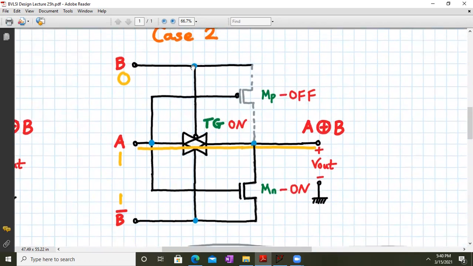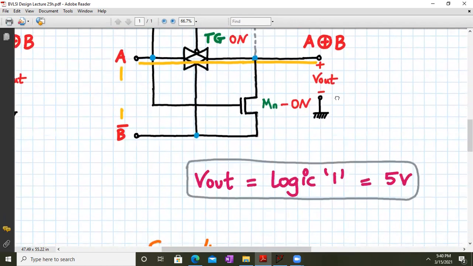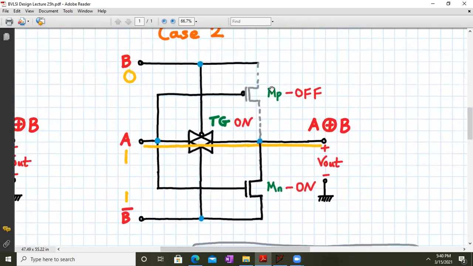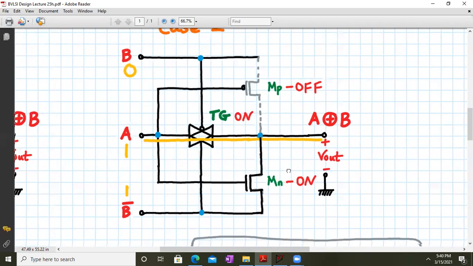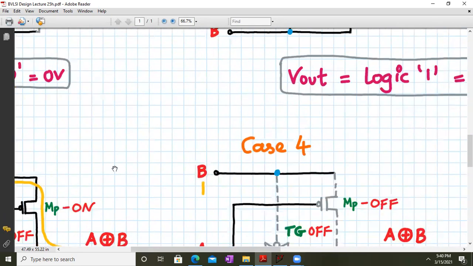So in case number 2, again B is logic 0, and B bar is logic 1 automatically. So again the transmission gate is on and it passes a strong logic 1 at the output. So at the output, we have a strong logic 1 irrespective of the turning on and off of your N pass and P pass transistors over here. So here we have this logic 1 applied to the gate of MP. So your PMOS transistor MP is off and your NMOS transistor MN is on. Now it doesn't matter because the transmission gate has already passed a strong logic at the output. Okay. Now let us consider the next case.